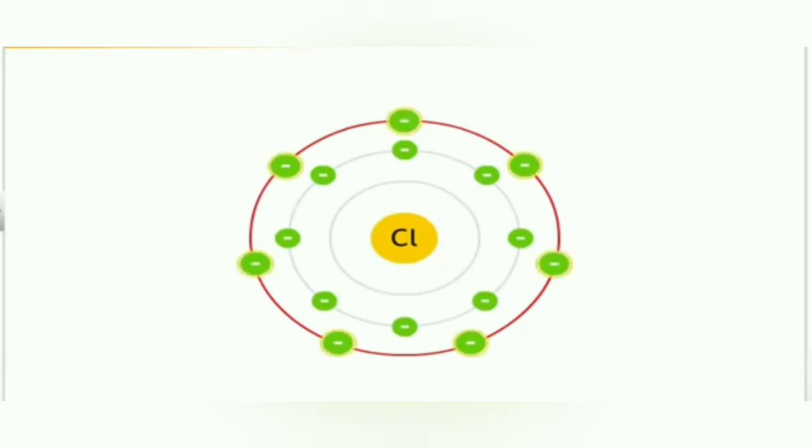And 1 atom of chlorine has 7 electrons in the outermost shell. So it is easier for chlorine to gain 1 electron instead of losing 7 electrons to acquire the nearest noble gas configuration. Its valency is 1 because it gains 1 electron to become stable. There is one more method to find out the valency of an atom.